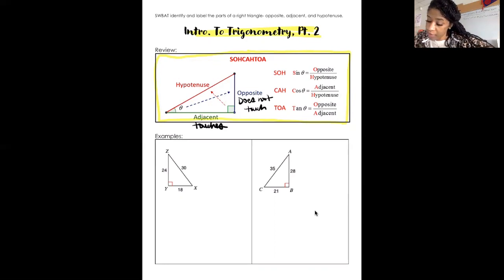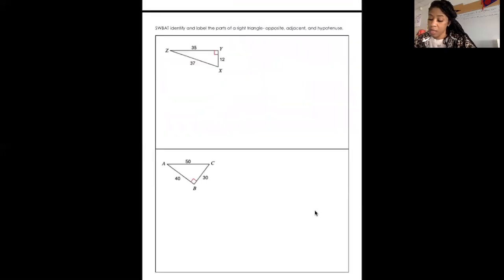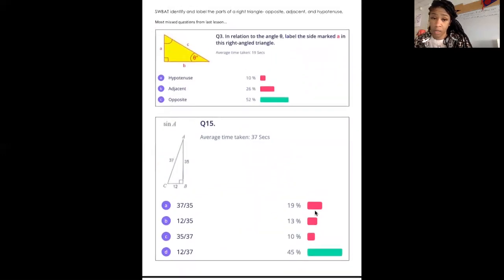And then here we have the formulas for sine, cosine, and tangent. Sine is equal to O over H, cosine is equal to A over H, and tangent is equal to O over A. Okay. Before we start the examples for today, let's look at the problems we got wrong frequently